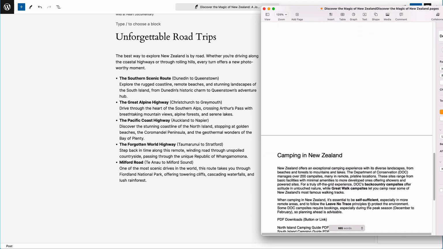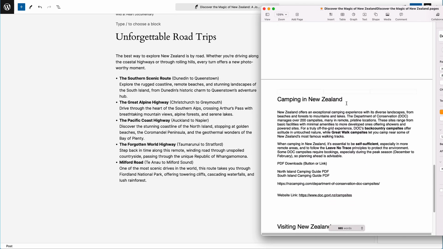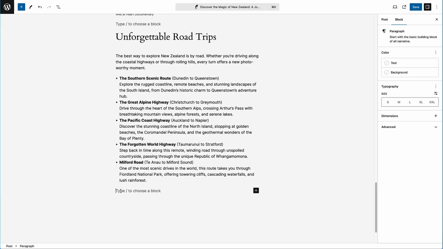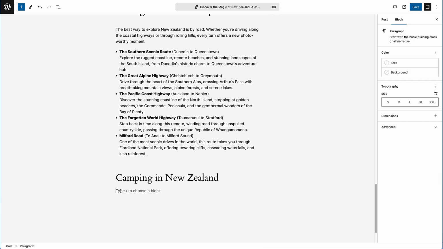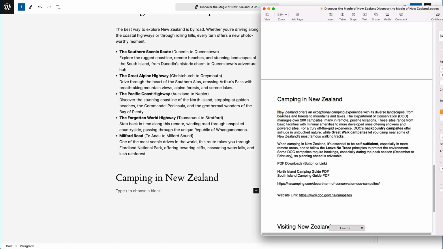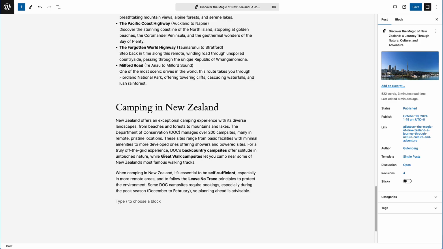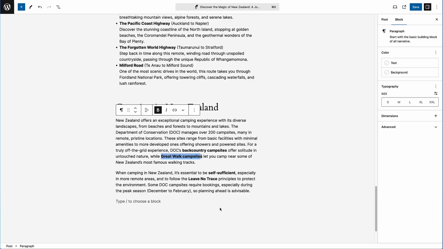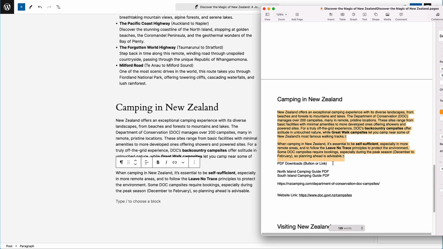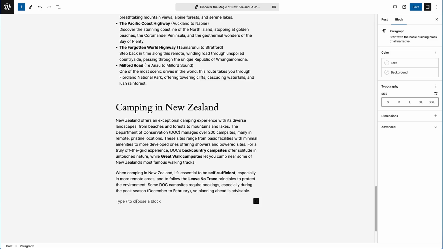All right, camping in New Zealand. You know the drill, slash heading. And yeah, great, it's taken these bold bits of text with it, which is awesome. So I want to include a couple of PDF downloads on the page. So this is where things get a little bit trickier. Let's go slash button,